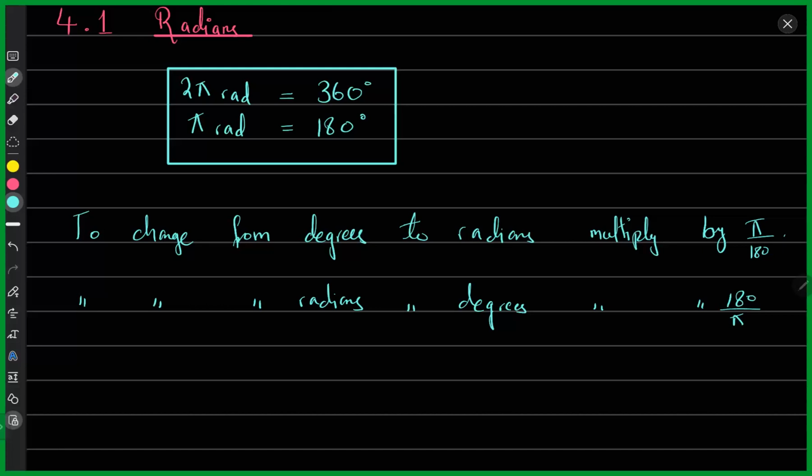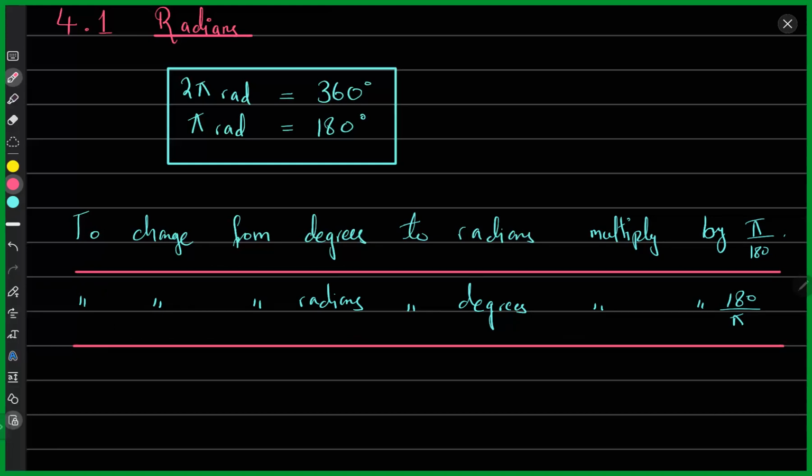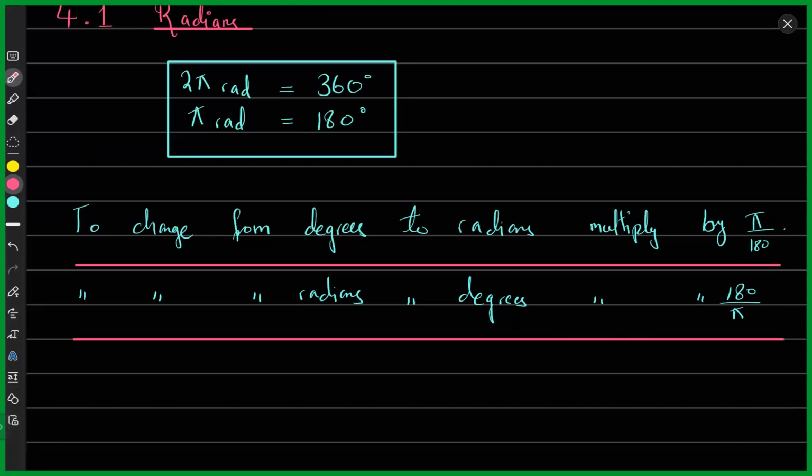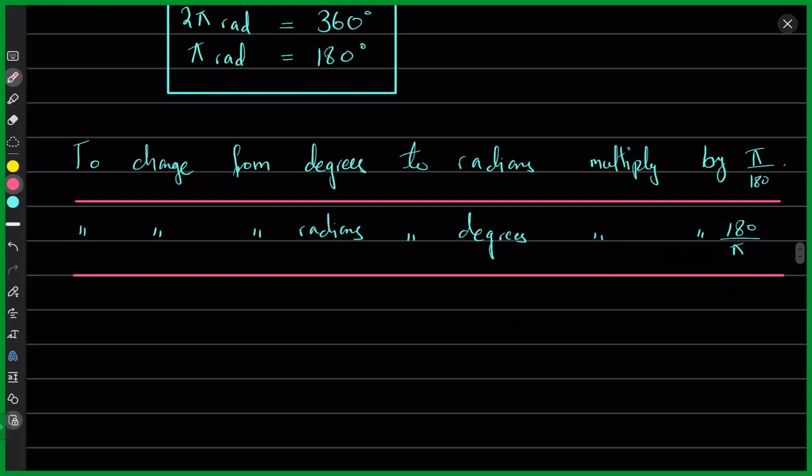Okay, this is something very simple. When you guys will be using the calculators directly, you won't be doing all of this. But if, let's say, for instance, some angle is given in degrees and you've been asked to convert it to radians, for that, you just need to use this formula. And if the angle was in radians and you were asked to convert it to degrees, use this formula. And that is it. This is the only significance of this unit, and I just did this for the sake of completeness. If I talk about one quick example,